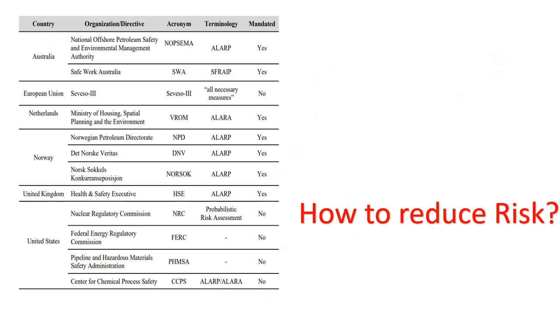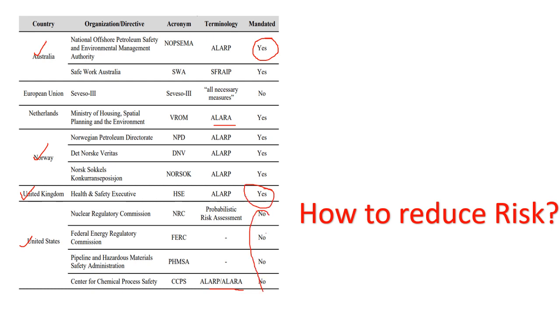So for example, here is a chart where you can see the different names by which ALARP is known. In the case of Australia, it is ALARP. In the Netherlands, it is ALARA. Norway, it is known as ALARP. United Kingdom also ALARP. And United States, it is known as both ALARP and ALARA. In the case of the Nuclear Regulatory Commission, it is known as probabilistic risk assessment. In Australia, it is mandated. European Union, it is not mandated, but in the case of UK, it is mandated, and it is not mandated